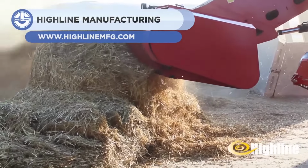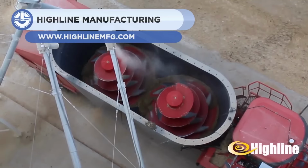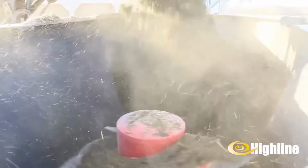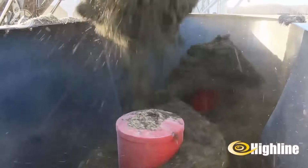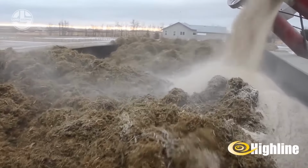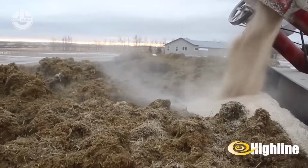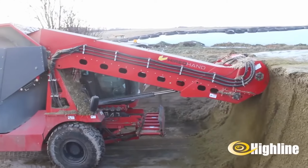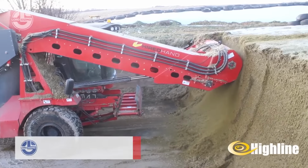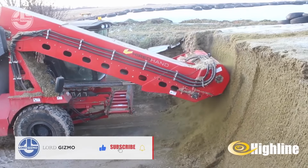Highline Manufacturing is an innovative manufacturer of agricultural equipment and industrial apparatus based in Vonda, Saskatchewan, Canada. This company has introduced AccuMix 1000 TMR. It is a ration mixer that can handle large volumes of feed ingredients. It has a capacity of up to 1,000 cubic feet and can mix up to 28,000 pounds of feed per